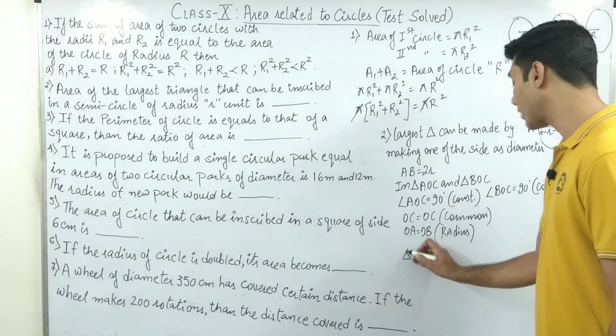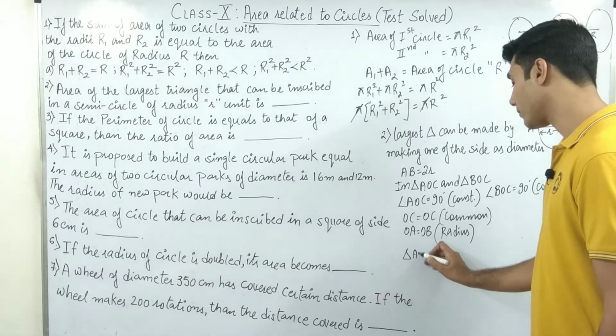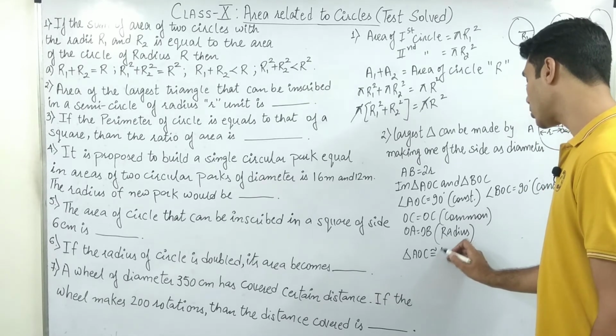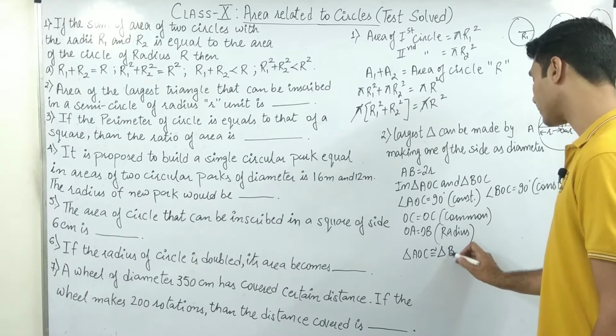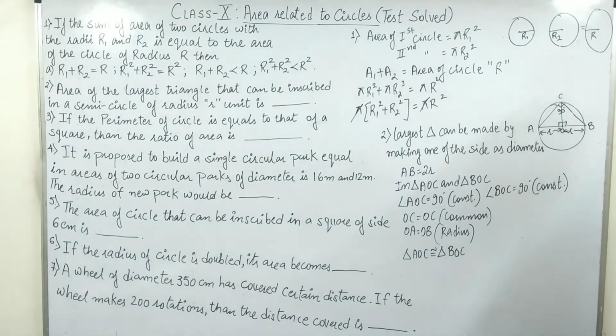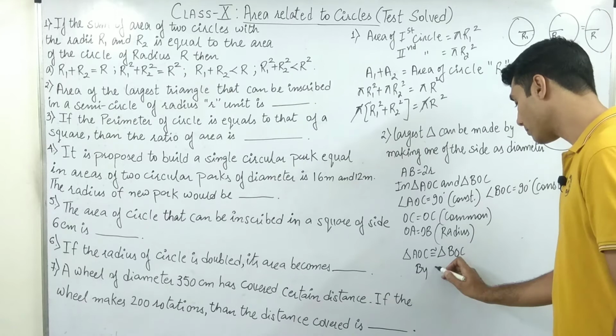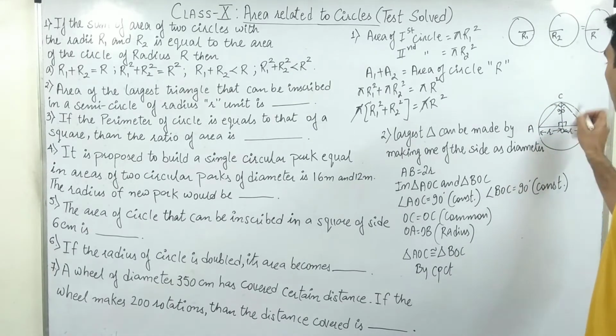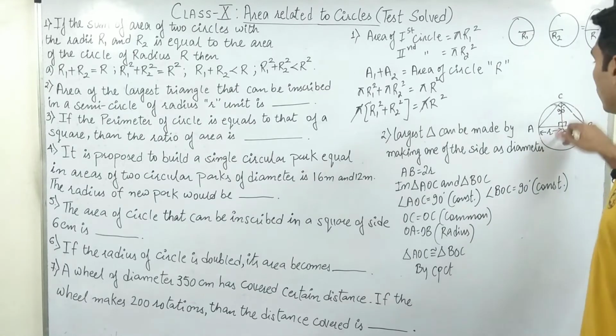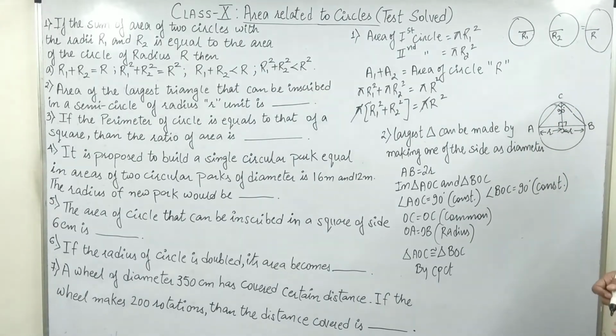So that means triangle AOC is congruent to triangle BOC. So triangle AOC is congruent to triangle BOC. So by CPCT, that means what do you think? This particular OC, and by the way, you actually did not need to do this much. You did not need to prove AC and BC equal either. Ideally, if I have made a 90 degree part from here, so that means this is your height and technically this would be your radius altogether. But anyway, if you prove it using triangles, it would be better.